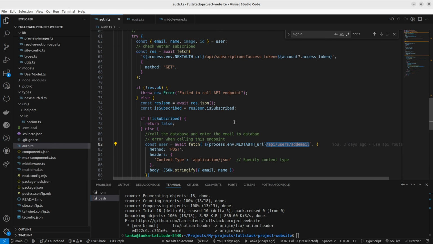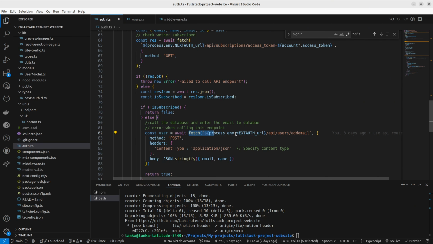And one thing you should remember is that when you are calling this API endpoint, don't just use relative paths. This auth.ts file runs on the server, so a relative path doesn't seem to work in that kind of scenario. What you have to do is use the full URL. Here I have used an environment variable to give the proper URL. When I'm doing it locally, this will be localhost port 3000, but once deployed, this will be your deployed